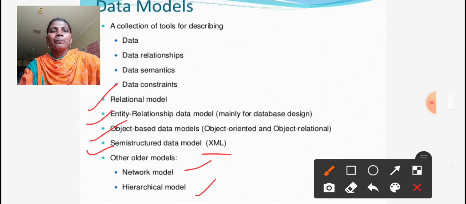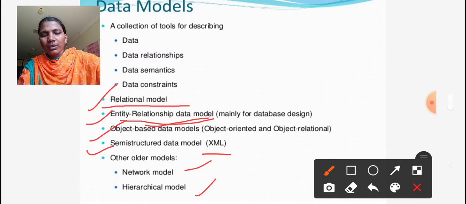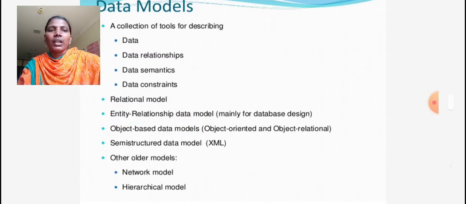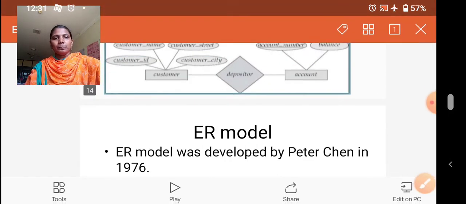Here our concept is the entity relationship model, but before going to it, we discuss the relational model, then we enter into the entity relationship data model, simply the ER model.